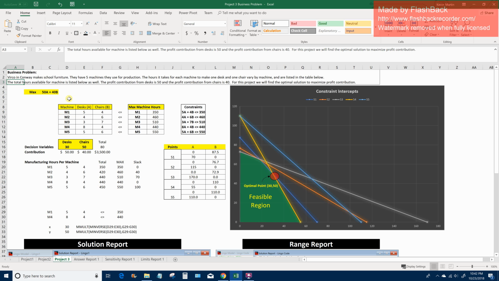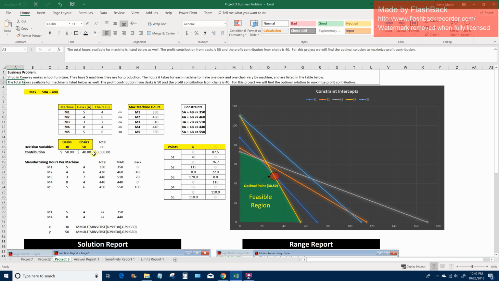So again, for every desk that we make, we get a contribution margin, or profit margin, of $50, and for every chair that we make, we get a contribution margin of $40. So we want to know the optimal mix. How many chairs do we make? How many desks do we make,